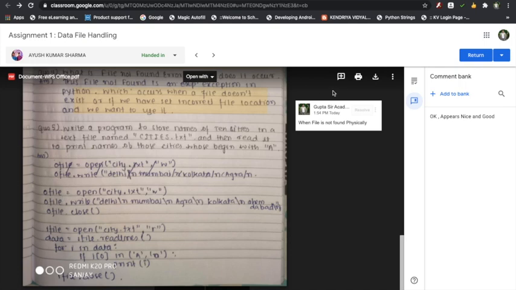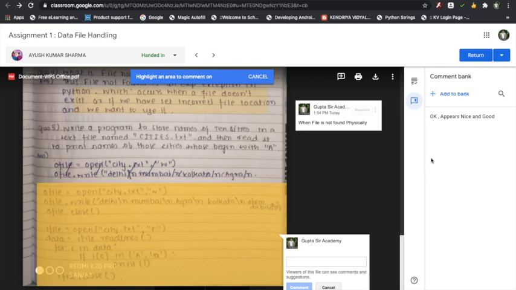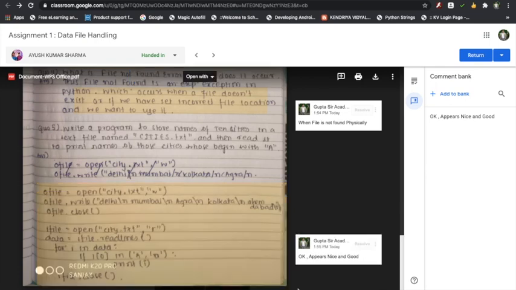Now the last part is this code. The student has written this code, so I have to check it. He opens the file city.txt, okay, and then backslash n is okay, open and close are fine, and this is also fine. He is doing readlines, okay, took the data into a loop and sent it, and then he closed it. Perfectly written, correct, good. It appears to be good. So I will simply paste it with Control V and comment. So his homework is clear. The homework is checked.